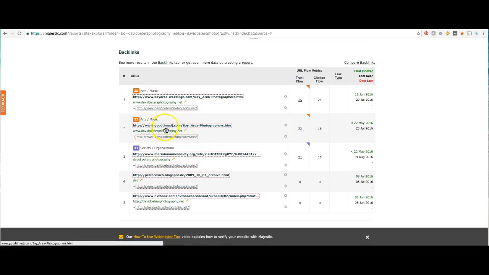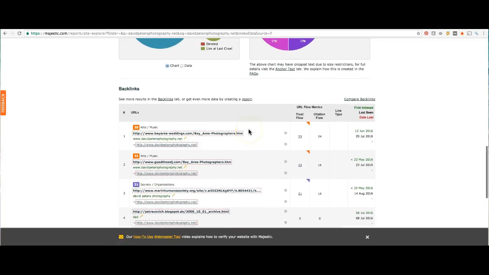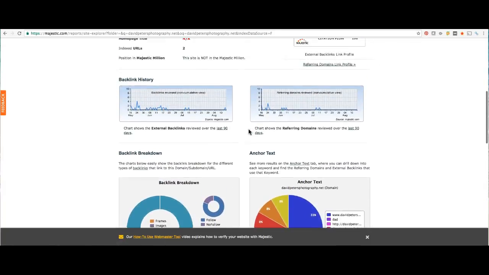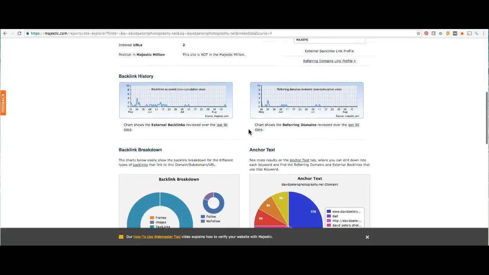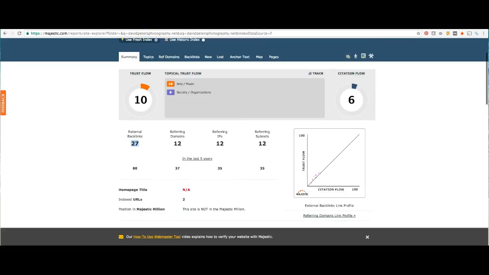And then there's the site here, something to do with Marin County Humane Society. So definitely those are some opportunities you might look at as you want to start ranking, especially with the higher quality backlinks. And then looking at the next guy,